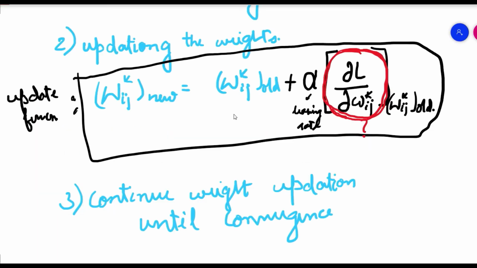Continuing our journey on learning neural networks, this video is part 2 of how to train a multi-layered perceptron. In part 1, we have already seen all the concepts that form the base of updating the weights so as to reach the optimal value of the weights where the loss minimizes. In this video, we will be continuing our journey on learning how to train a multi-layer perceptron by getting to learn how the weights are updated in each iteration depending on the rate of change of the loss identified with